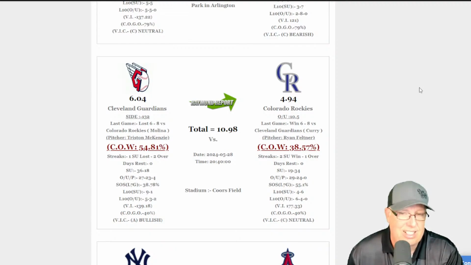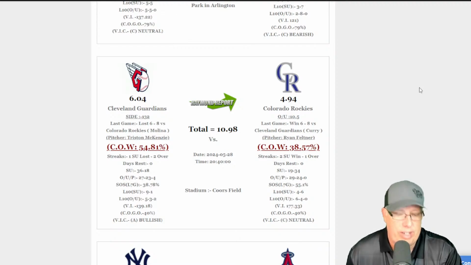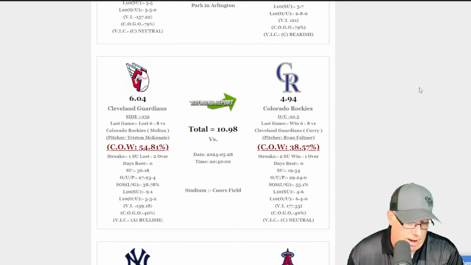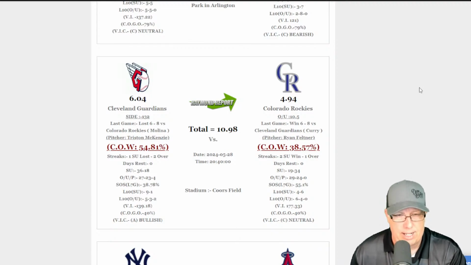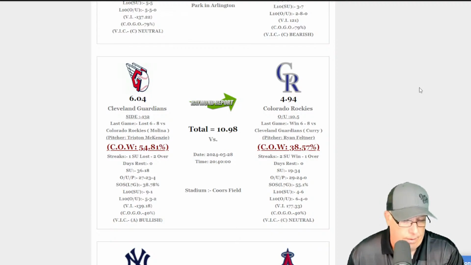Now, Feltner's last 7 starts, whenever Feltner starts for the Colorado Rockies, their last 7 games have gone over the total. Feltner is 1-4 on the year with a 5.07 ERA, and Tristan McKenzie is 2-3 with a 3.44 ERA. They're 6-1 though in McKenzie starts. The Cleveland Guardians are, but the bad news is